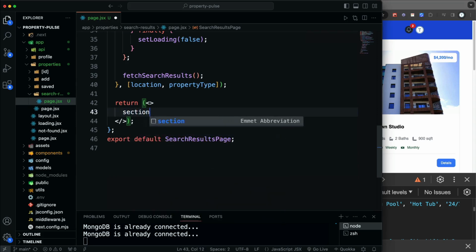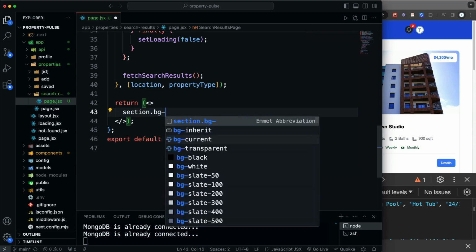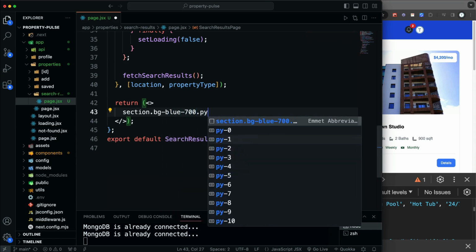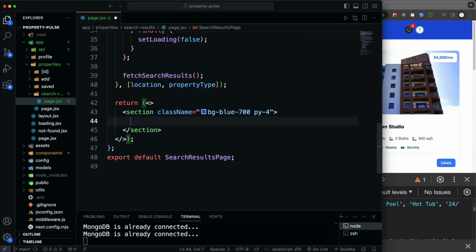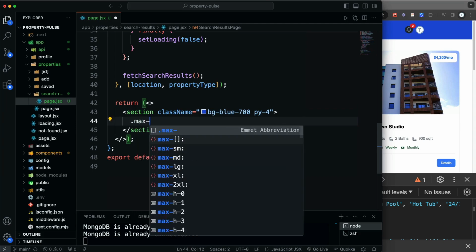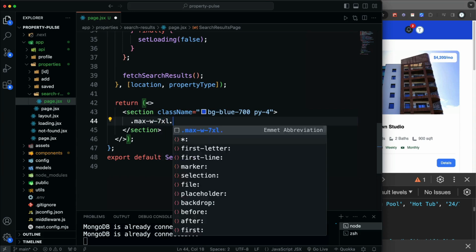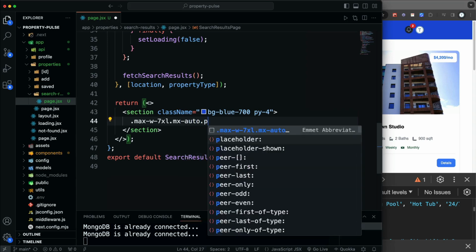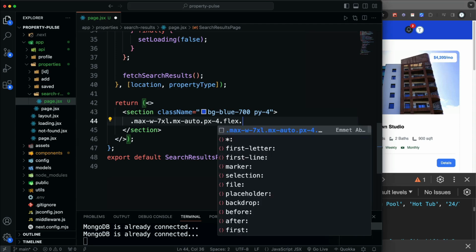Okay, and then I'm going to put a section here, and this is where the search will go. It's going to be wrapped in a section with the class of bg-blue-700 and py-4. And then a div with the class of max-w, so max width 7xl, mx-auto, px-4, flex, flex-col, and